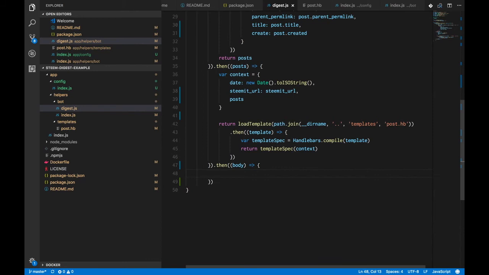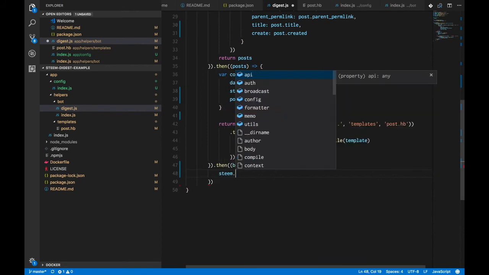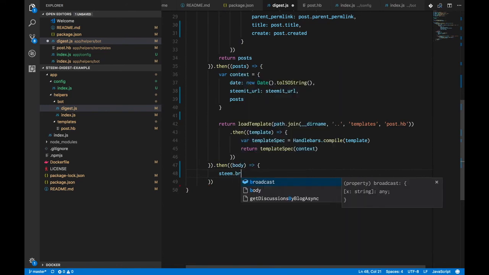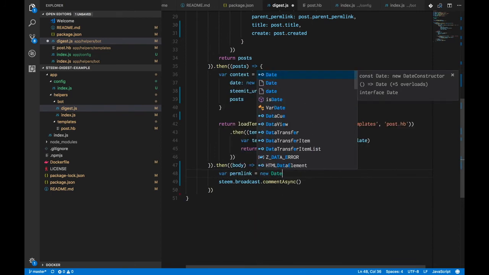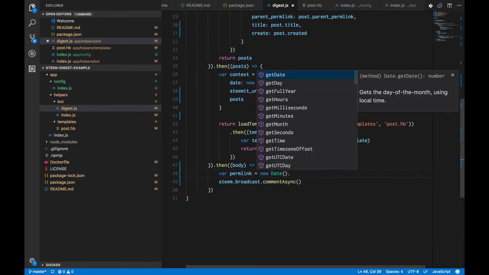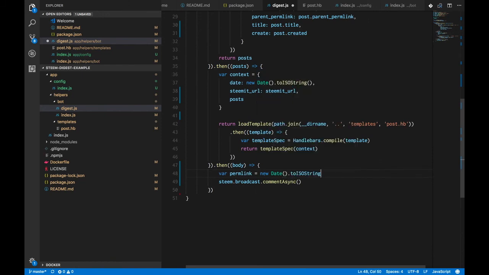So what we're going to do is we're going to do like Steem dot a broadcast comment async, just like that. It's going to be weird. It's going to be super weird. So first, before that, I need to come up with a permlink. So var permlink equals new date dot to,